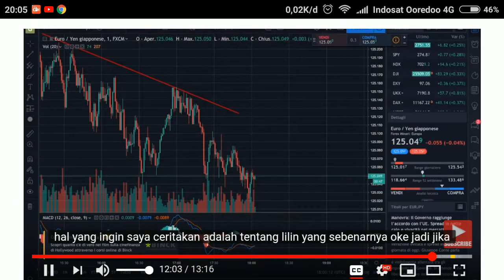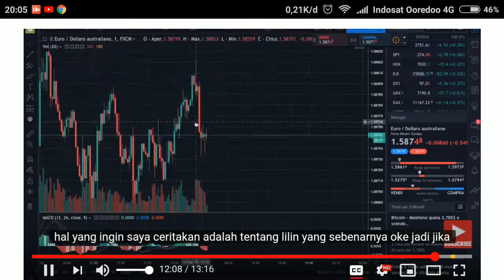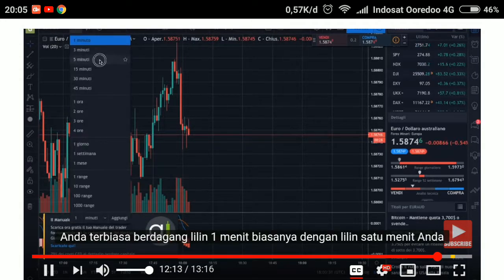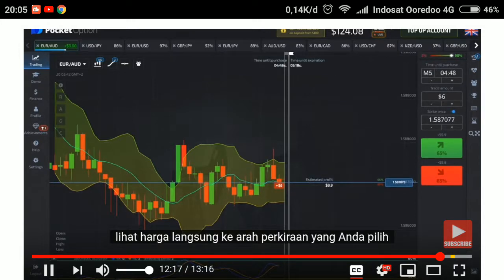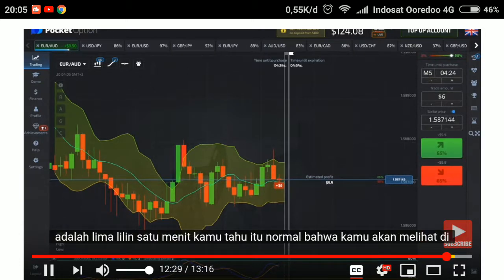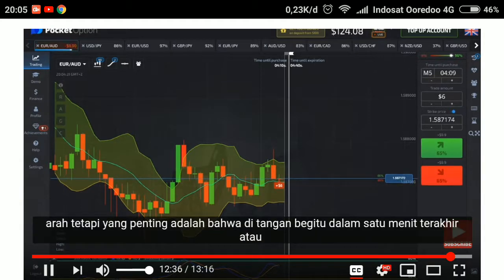One last thing I want to tell you is about the actual candles. If you're used to trading on a 1 minute candle, usually on 1 minute candle you see the price going straight to the forecasting direction you choose. But in a 5 minutes candle, because one 5 minute candle in reality is 5 1 minute candles, it's normal that you're gonna see in the beginning and in the middle of the trade that sometimes it's going against the direction. But what is important,